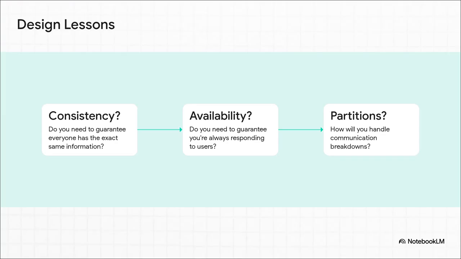So really, when you're thinking about any kind of system, you can just boil it down to those pizza delivery questions. 1. Is it more important that the menu is always 100% correct? That's consistency. 2. Is it more important that the restaurant is always open for business? That's availability. And 3. What's your plan for when the phone lines go down? That's partition tolerance. Answering these simple questions forces you to figure out what really, truly matters.